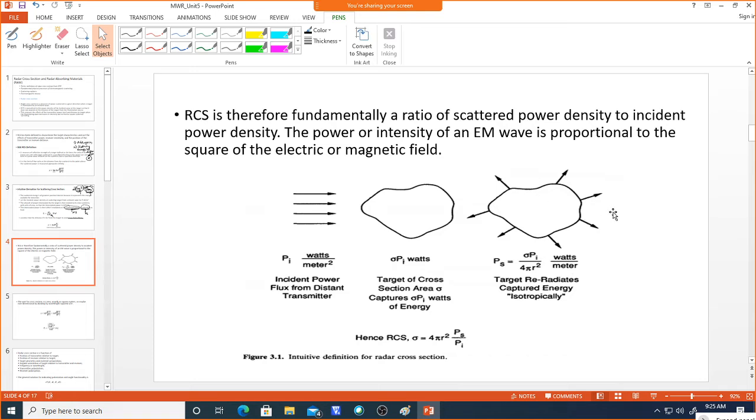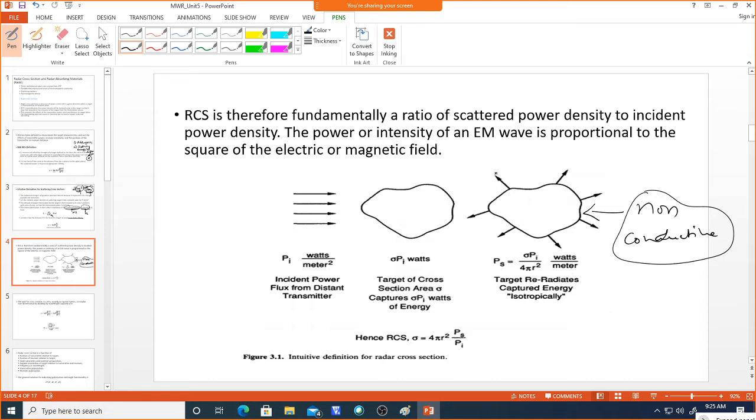If the target is going to absorb the energy, the material it consists of is non-conductive material. Generally, conductive material will reflect the energy, so only non-conductive materials will absorb the energy. You can use non-conductive or semi-conductive materials to absorb the energy, where we need to find the RCS specification, that is, how much RCS we need to reduce for the system. Based on that application, we will use the material for the target. So that is the material for our device to reduce the RCS.